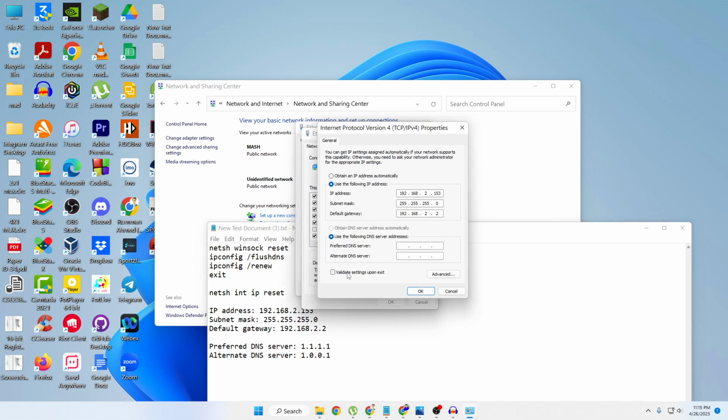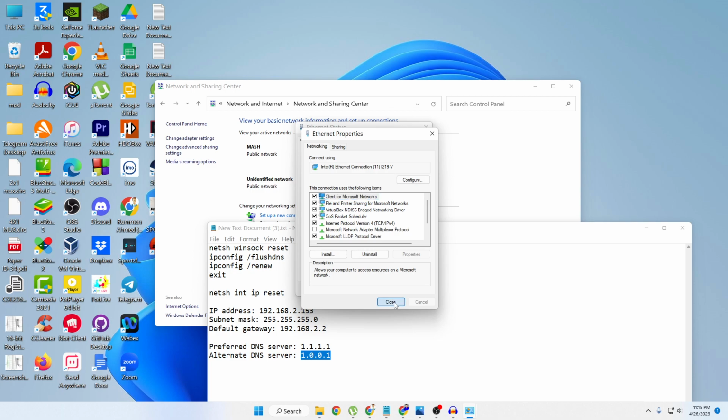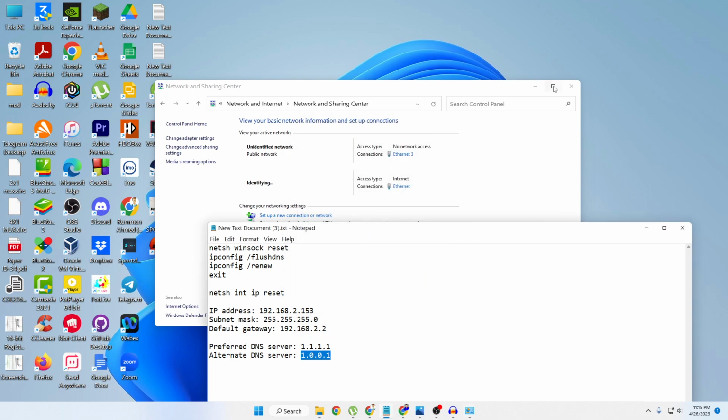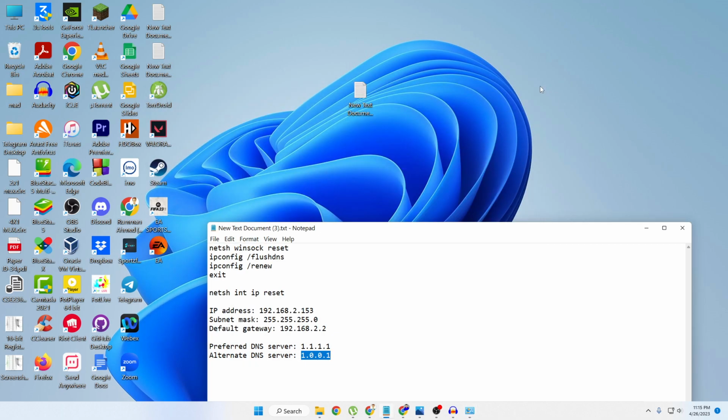And also here in the bottom section use the following DNS server, select this one and in the preferred DNS option put 1.1.1.1 here, and in the alternate DNS option put this address and then click on OK and then click on close. And now just wait for a bit and try to restart your computer and see if this solved your problem